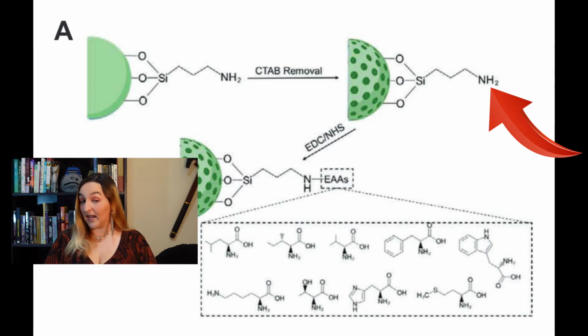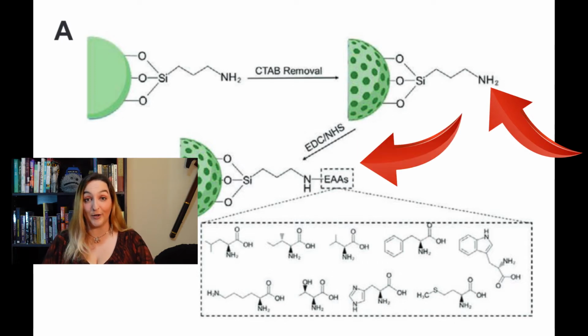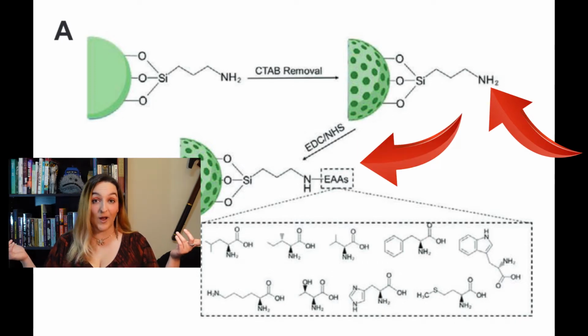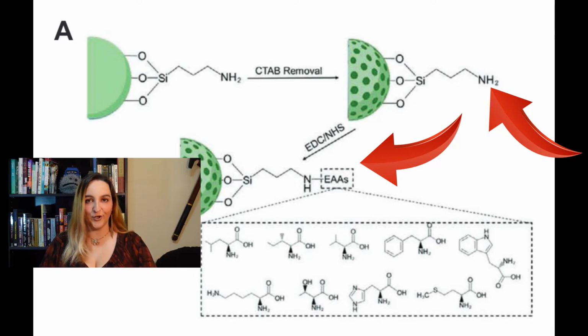Functionalizing the particles with an amine group allows them to attach the amino acids, since there are several amino acids that already have an amine functional group. They also left some as just the naked amine attached to the nanoparticle, so they can see the difference in effect between a basic nanoparticle with the payload that has gone through the whole process, versus the amino acid covered nanoparticles with the payload. This also tests to make sure that the FDA's generally recognized as safe label is correct in this usage as well.